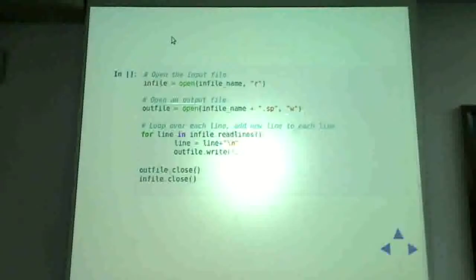Open it in write mode and let outfile be the object that refers to this file. Then outfile.write is a way of saying write this string into the file attached to this object. Which is that file? This. Is that okay?